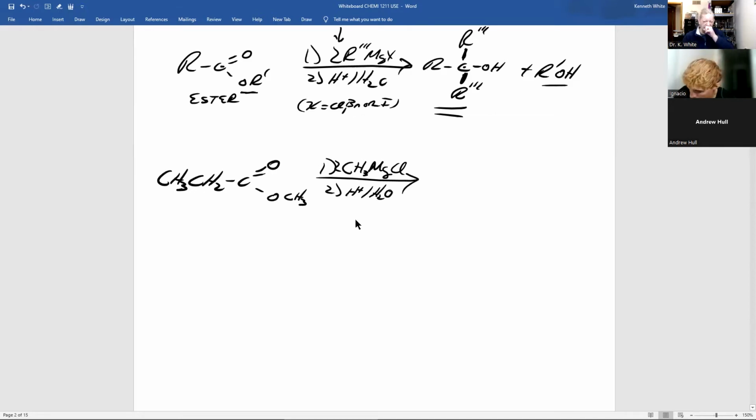So we look at this, we have an ester, and I'll call this R and this R prime. If I look here, I have a Grignard, and I'll call this methyl group R triple prime. And the general reaction